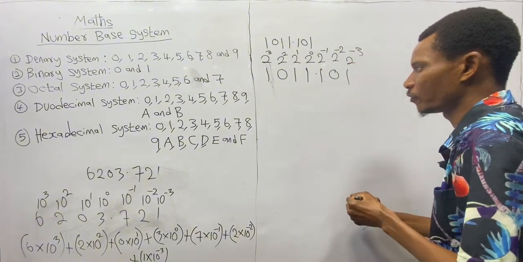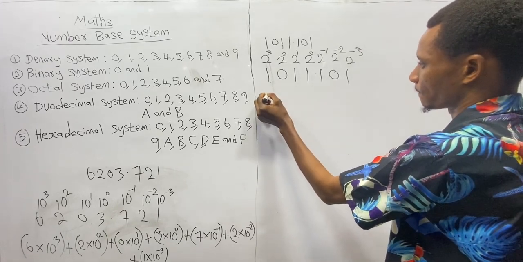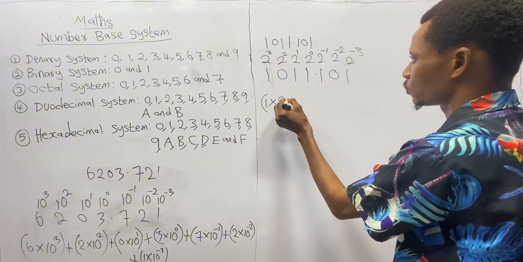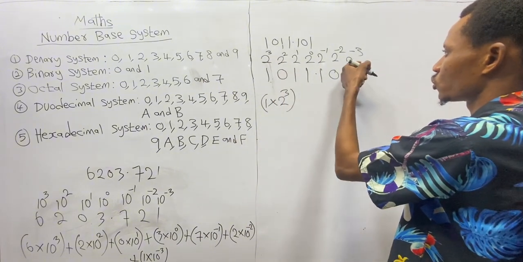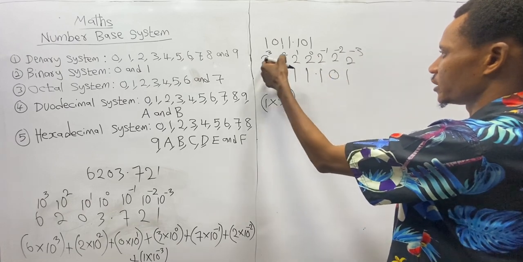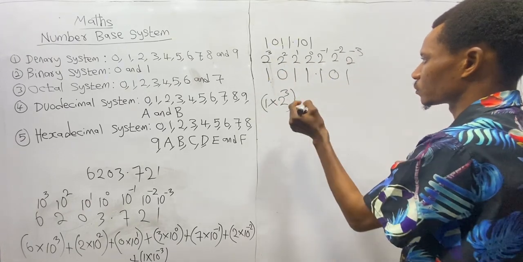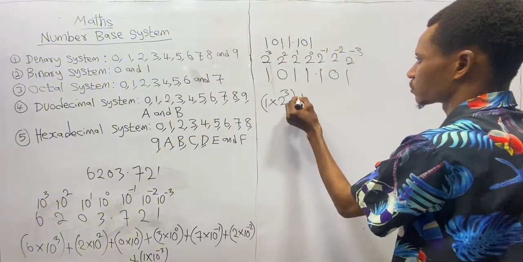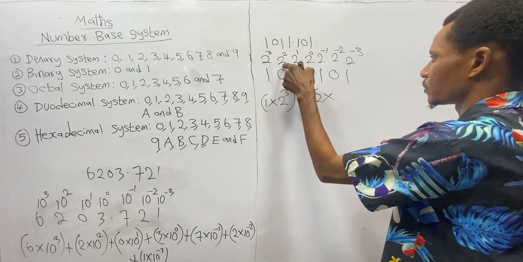So in the expanded form, this becomes 1 times 2 raised to the power of 3. With this 2, 2, 2, it shows that this number is in base 2. You can call this 2, 2, 2. So plus 2 times,